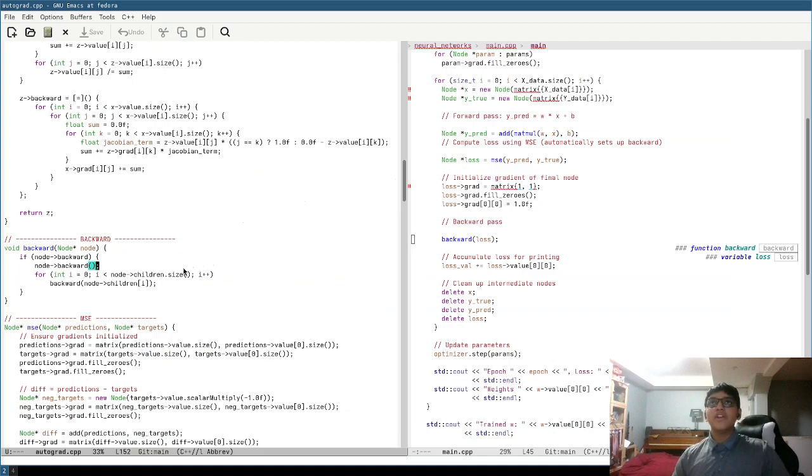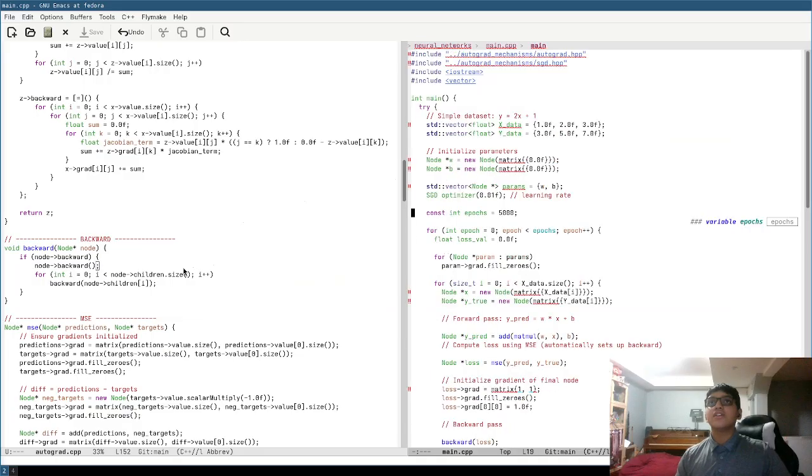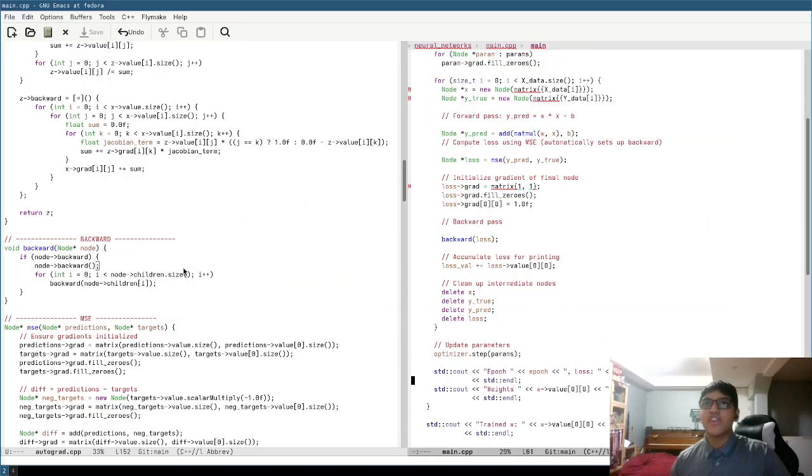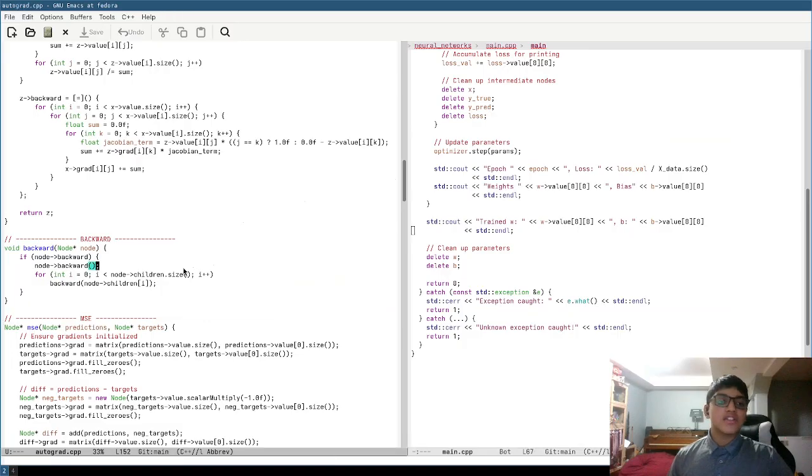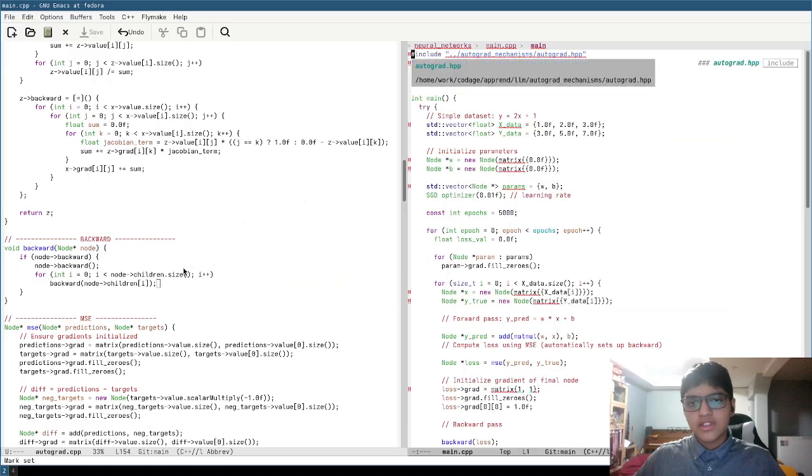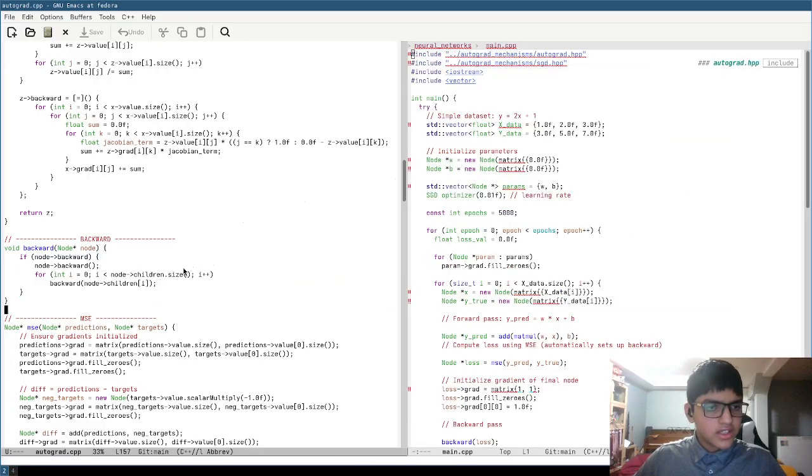From earlier, you saw all of these backward functions basically chain, calculating the gradient of that node. And then it goes through each of that node's children and calls backward for those nodes' children, for those nodes' children's child's, and then